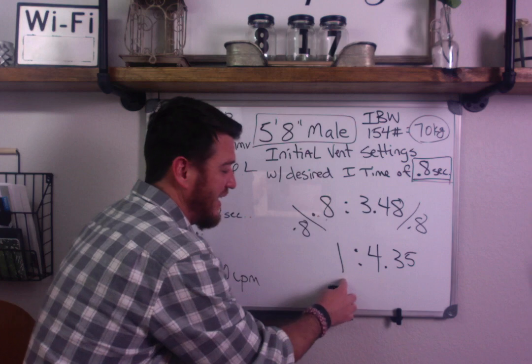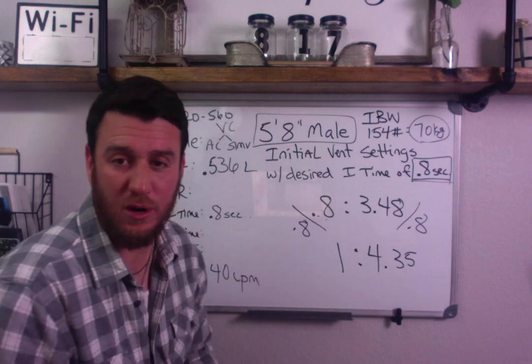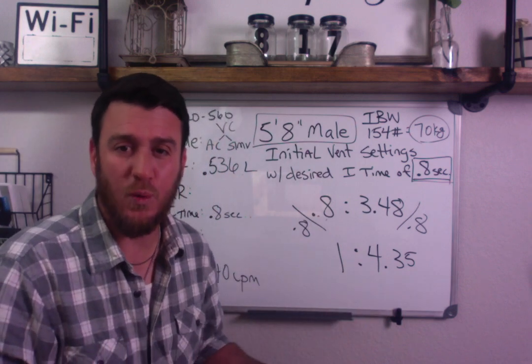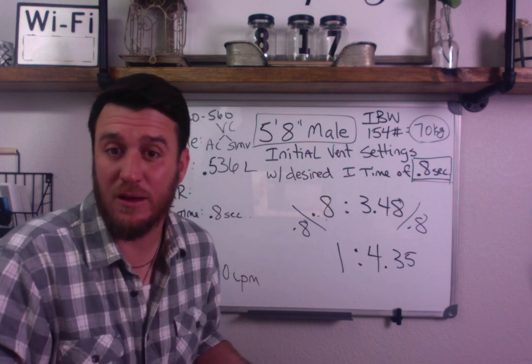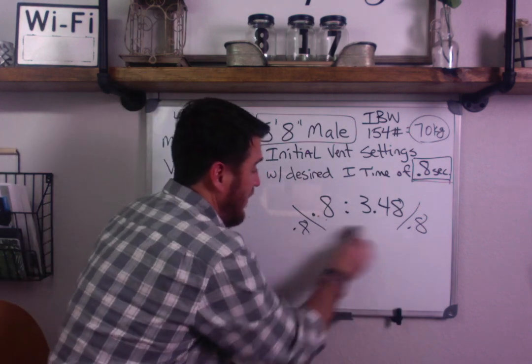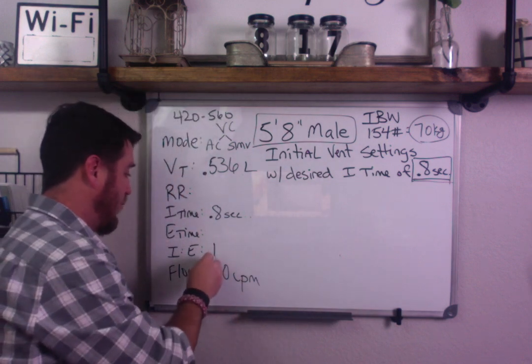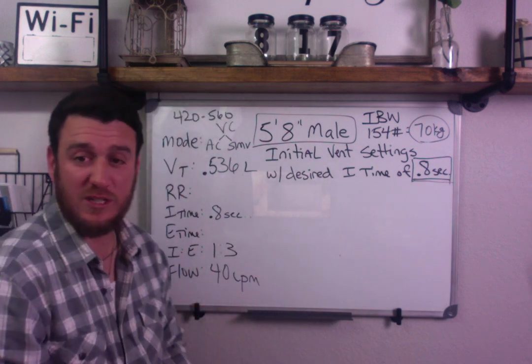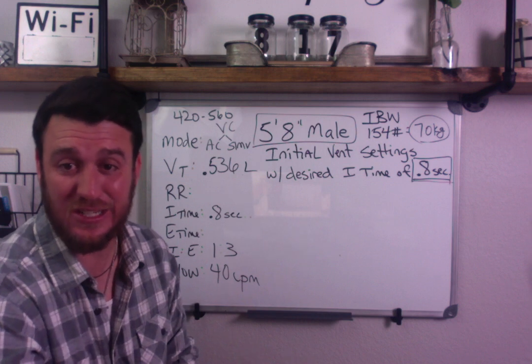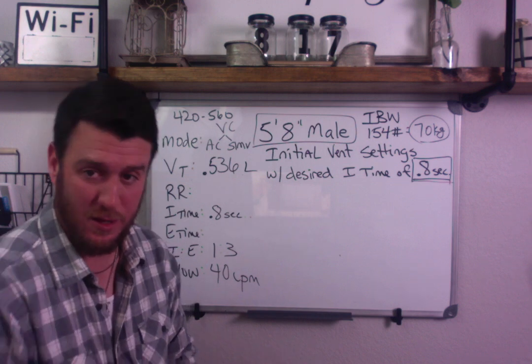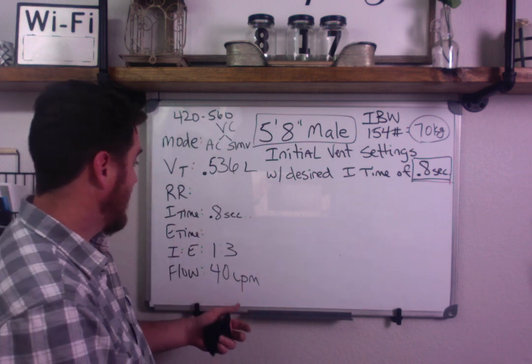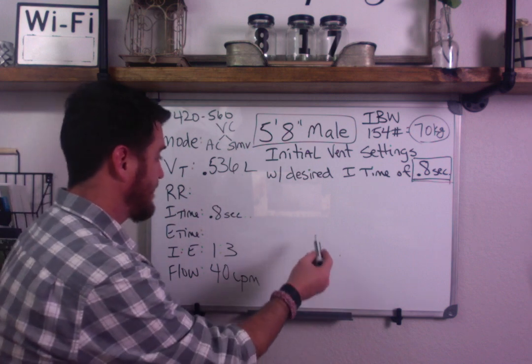So what if we said we don't want a 1 to 4 or 1 to 4.35? What if we want a 1 to 3? Well, let's see what we get. We can easily come over here and say, you know what? I want to set an I time of 1 to 3, which means I want 3 times exhalation for every 1 part inspiration. Okay, so if we have a 1 to 3,